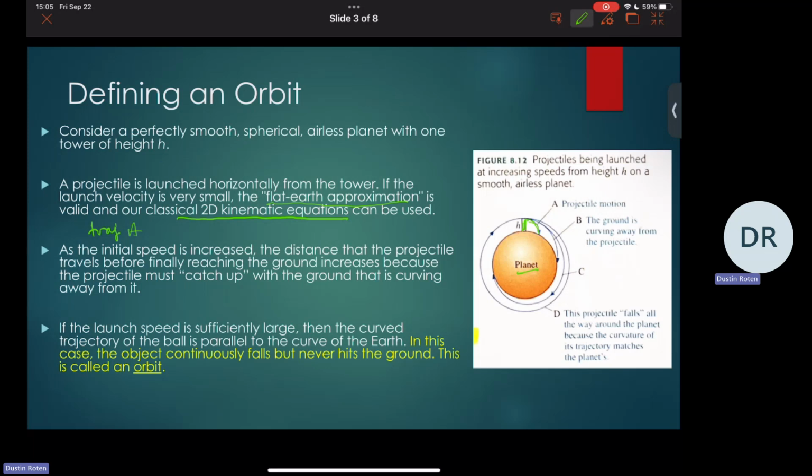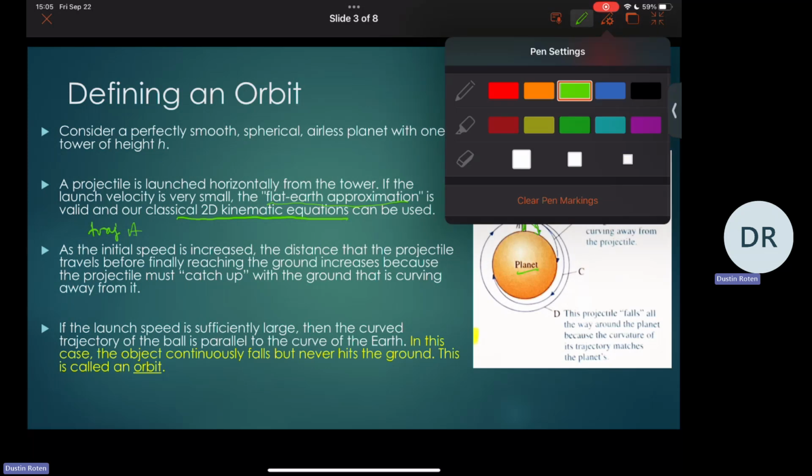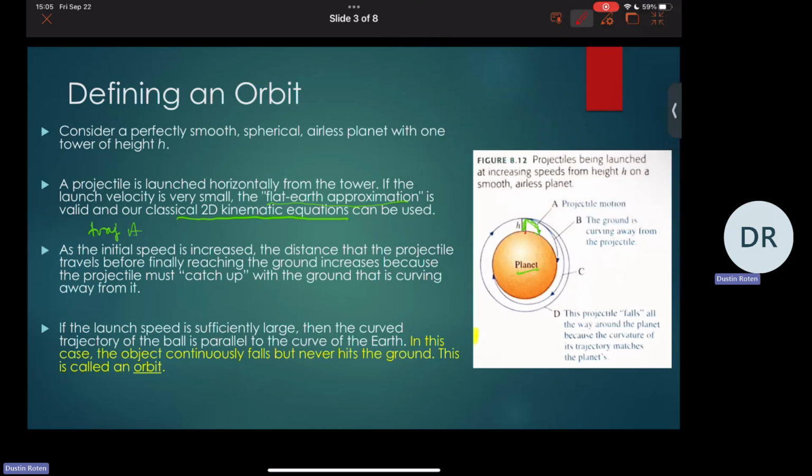We can actually see trajectory A. This object, this ball or whatever, leaves the top of the tower and hits just a little bit in the horizontal direction away from the tower. The idea here is that it traveled such a short distance that we can assume the Earth is flat and we don't have to worry about the curvature. Because clearly you can see in the image, we do have some curvature going on here, but it's just not enough to matter. So as we increase the speed of the ball as it leaves the top of the tower,